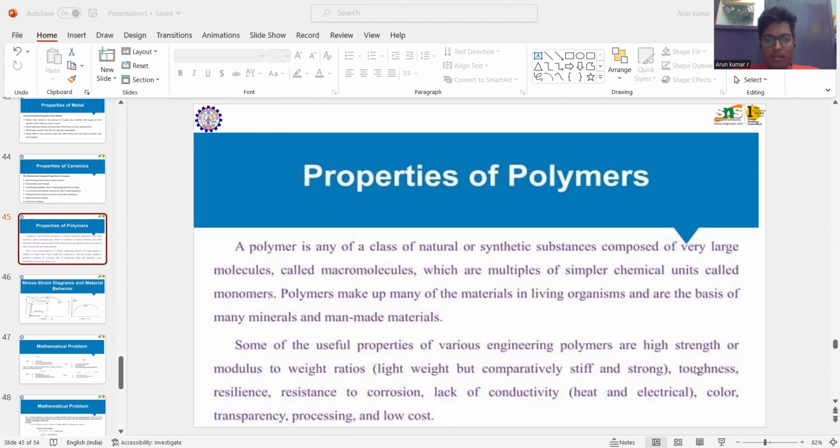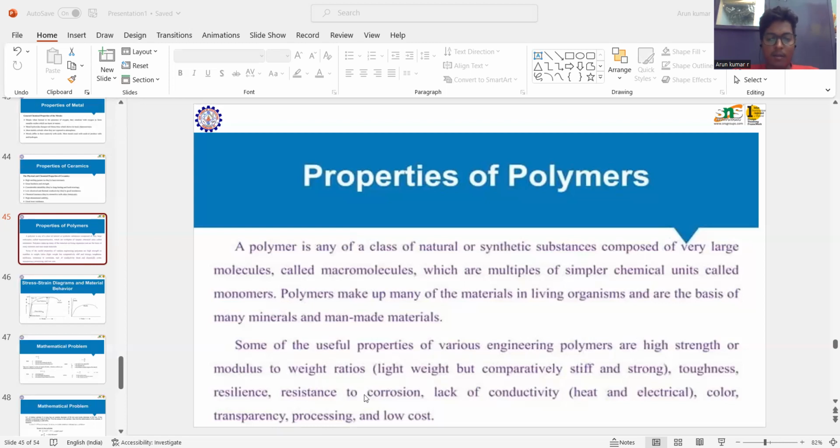So first of all, what is the meaning of polymer? A polymer is any class of natural or synthetic substance composed of very large molecules called macromolecules, which are multiples of simpler chemical units called monomers. Polymers make up many of the materials in living organisms and are the basis of many minerals and man-made